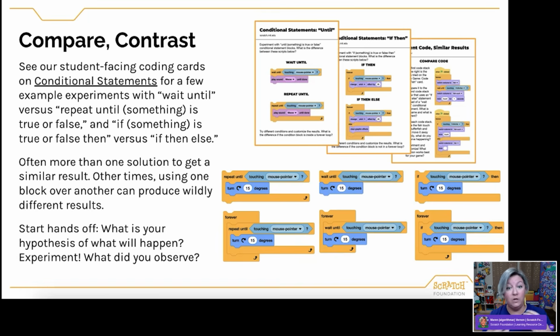And then what do you observe? Was your hypothesis correct? And then maybe we talk about the use cases. Each block could be useful in different circumstances. When might you choose one over the other? What changes when these conditional statements are used inside of a loop versus outside of a loop?